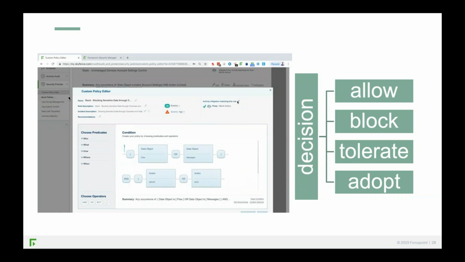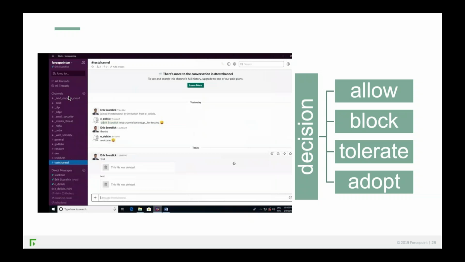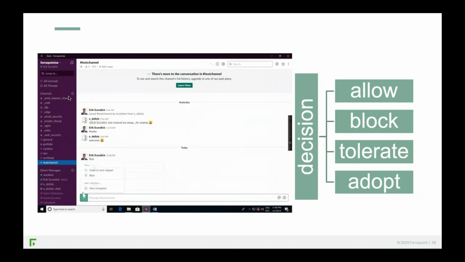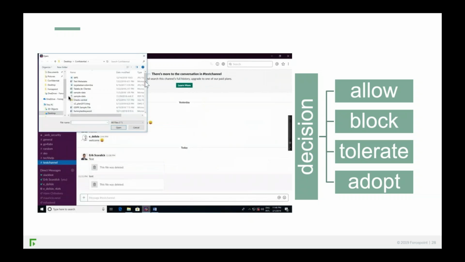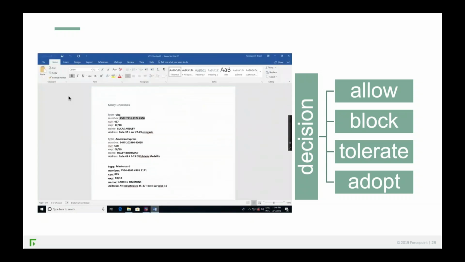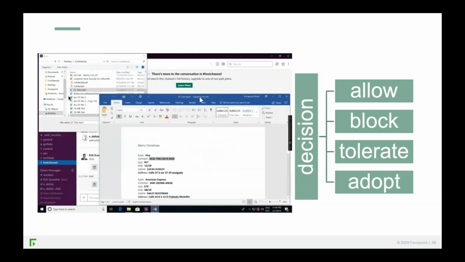If we see that there is credit card data going into Slack, we're pulling a man in the middle and we're going to block just the credit card data. This is a very simple example. It gets a lot more sophisticated, but just for the sake of argument. We want to do two things here. We want to protect the integrity and confidentiality of the company data, but we also don't want to damage the user experience that the Slack user has, because it might be something that's really important to them.